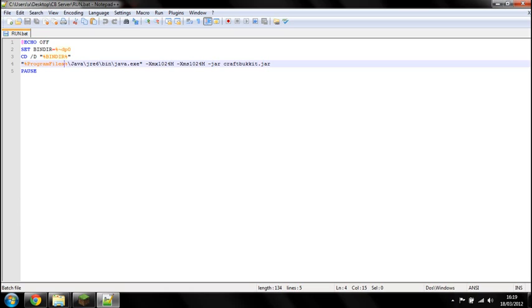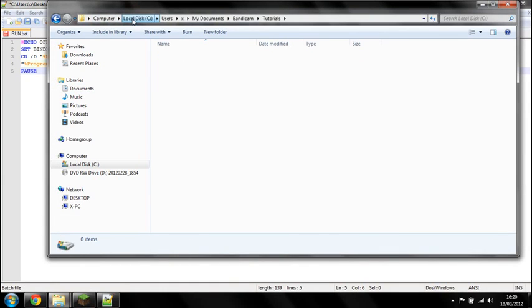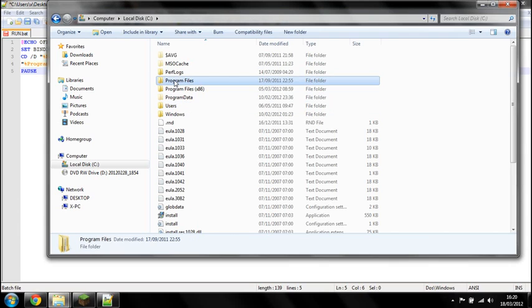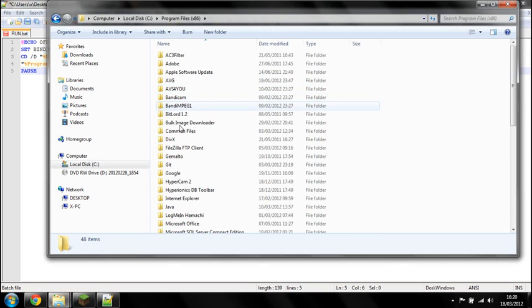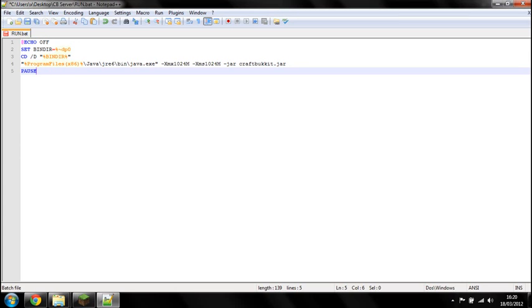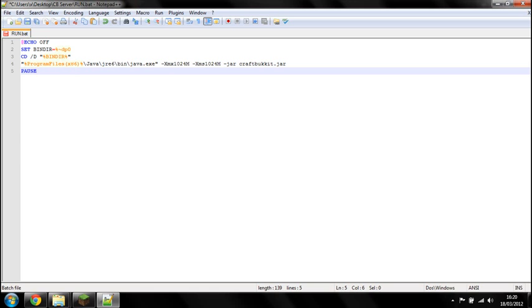Due to the difference between 32-bit and 64-bit, the program files folder that it is saved in on this machine is the x86 folder. Now if I just show you that briefly. There. The default text that was copied from the Bukkit wiki had it stated as being in this folder, where I know that my Java installation is in this one. So by changing this text to x86, if you have the 7 version, you basically just change that to 7. This one's running 6. Save that again,